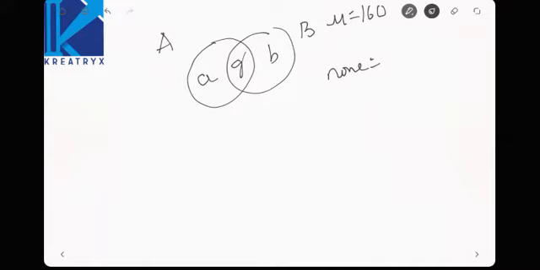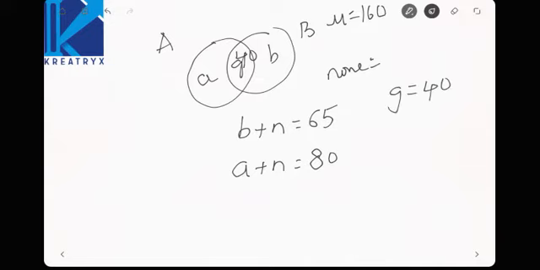How many students could not answer A? B plus N are the students who could not answer question A. Am I right? Now students who could not answer B means A plus N. N is nothing but none. How many students are there? 80. Now can you find out the remaining questions? So students who answered both the questions are 40 it seems. So G is 40.